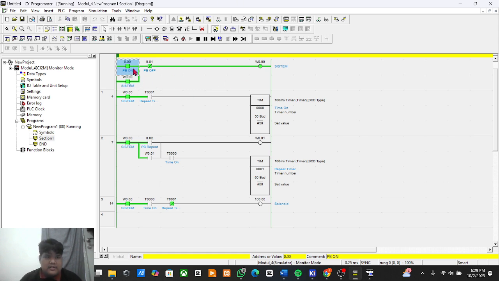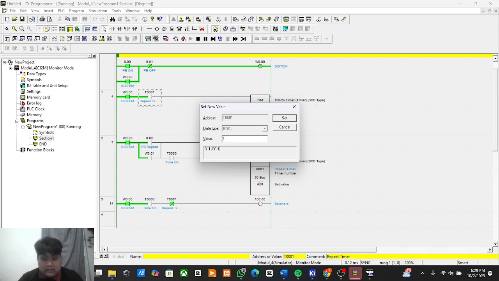If we push this button on the first step, we will turn on the system. And then for the repeat timer, turn on this new contact.